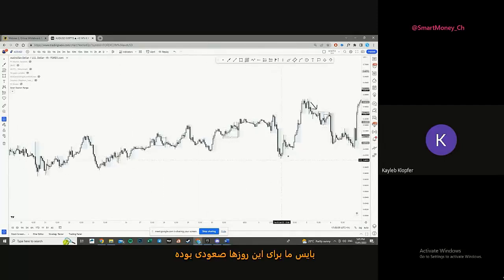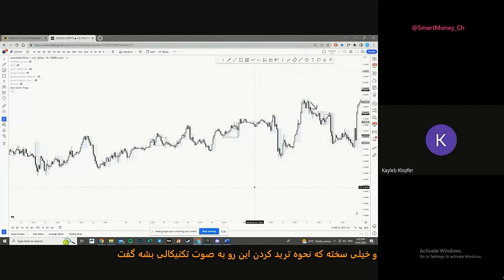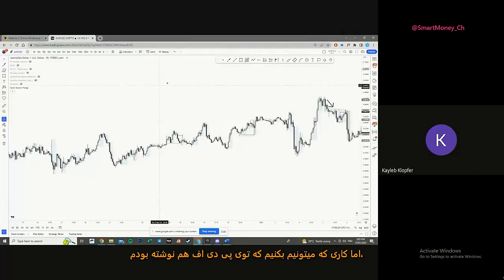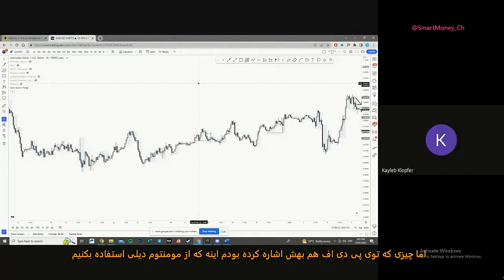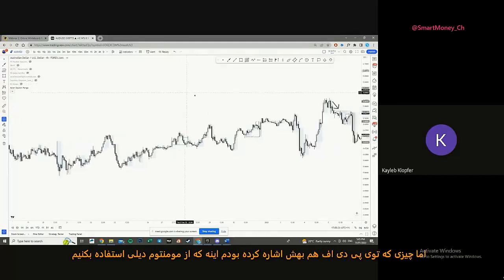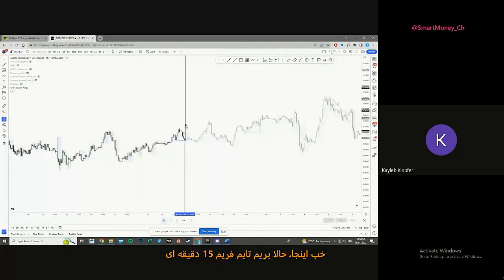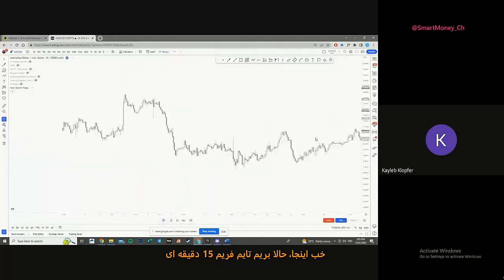We have a bias within these days to move up, and it's very hard to, I can't find the word, but it's very hard to actually put into the technique of how to trade because it's more of a thought process: because we're moving up, we have bias to move up. But what's outlined in the ebook, which might be a little bit hard to understand, is that we can use our incoming daily momentum. So let's go back a little bit in time, maybe to here. Okay, go into the 15 minutes.